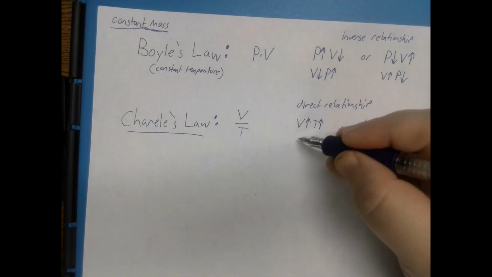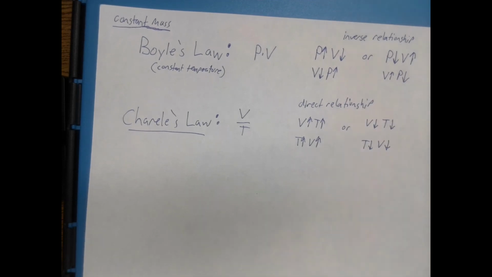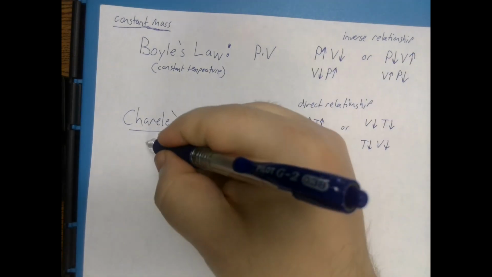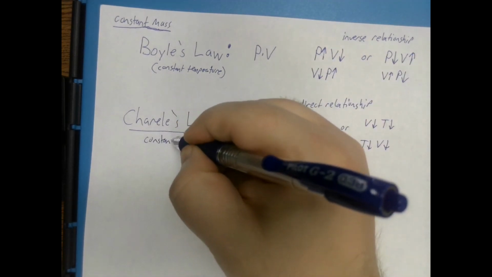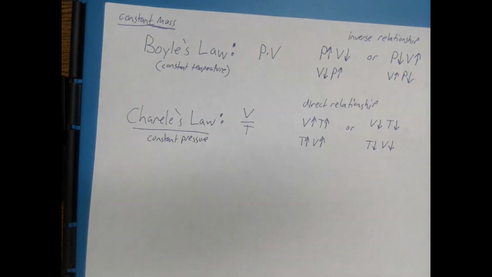Or as temperature increases, volume increases. This assumes constant pressure. All of them assume constant mass. So examples of this is